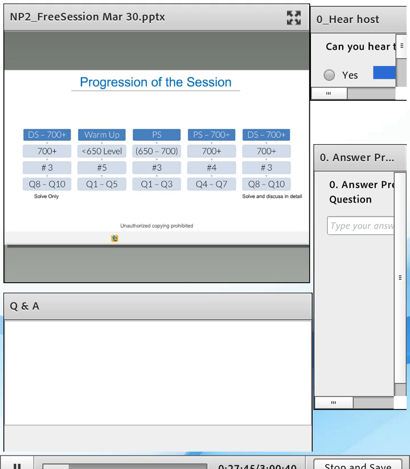Now we are only going to solve these questions up front. The whole point of this is that our target is for you to score above, let's say, Q49 or Q50. For you to score that high, you need to be able to solve such questions with a very high accuracy. By such questions, I mean you need to be able to solve PS and DS 700 level questions with utmost confidence and very high accuracy, which means your ability to solve these difficult questions needs to be really high. Now, what do you need in order to do that?